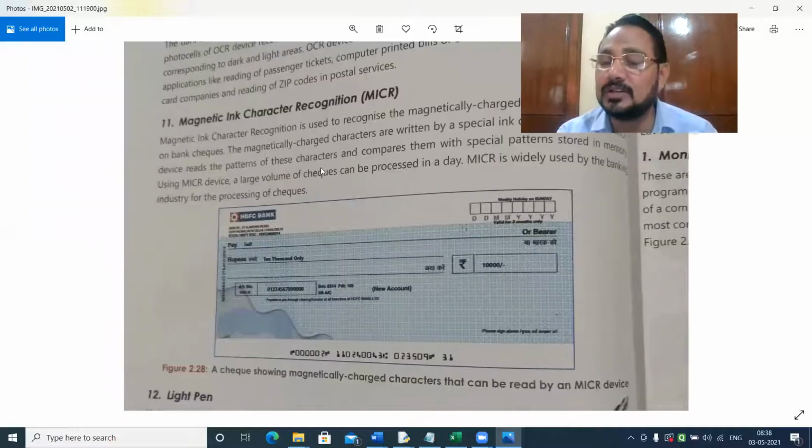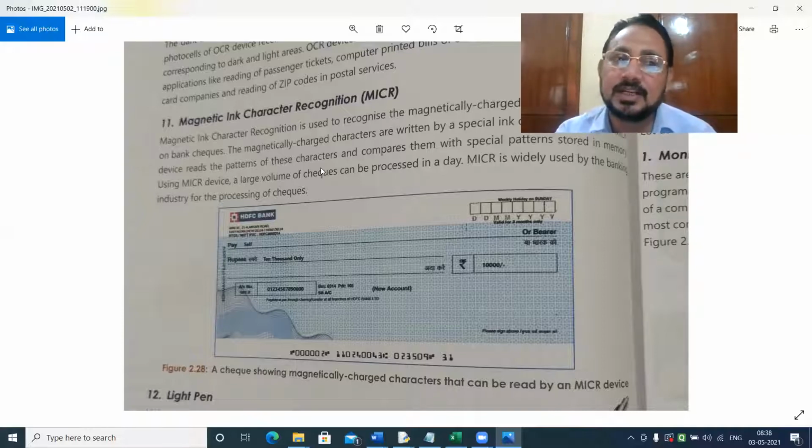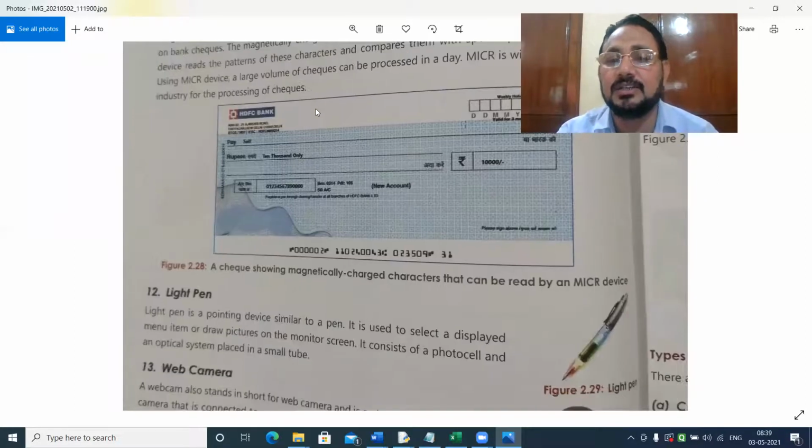MICR. So when you write the answer, you write all these points. MICR, magnetic ink character recognition. The magnetic ink is used to recognize the magnetic characters. You write after that, it is normally used in bank checks just to check whether the checks are valid or not. Okay, so these devices are used. So you can get the answer easily.